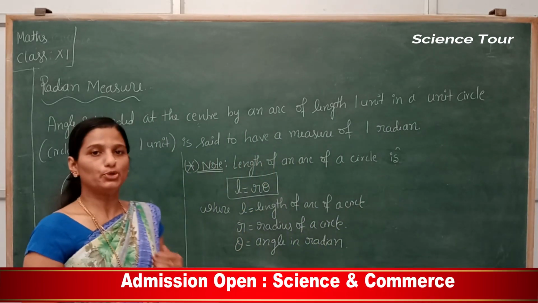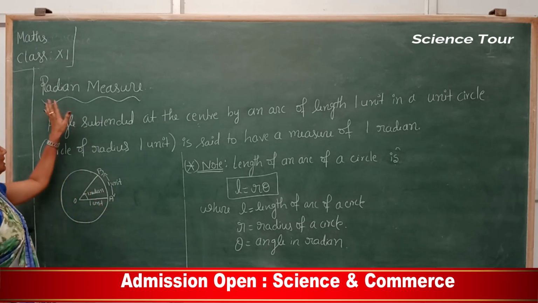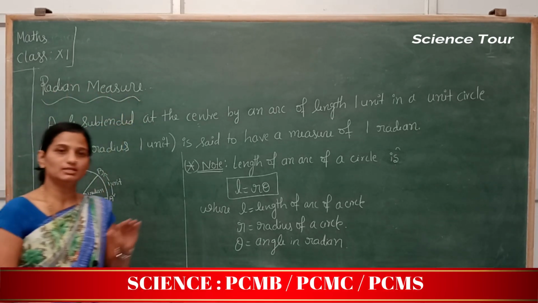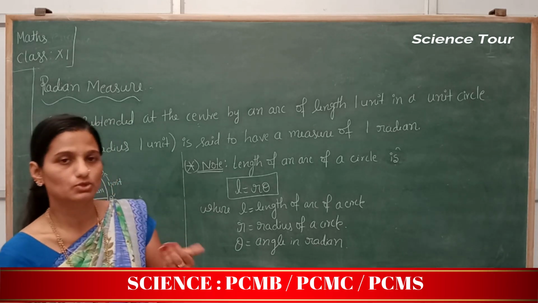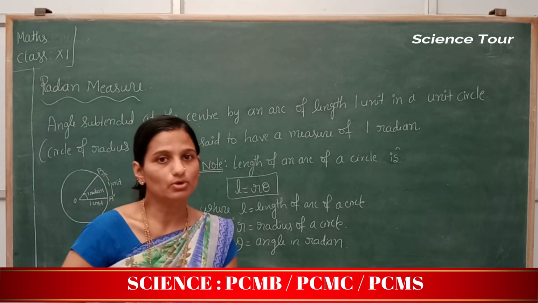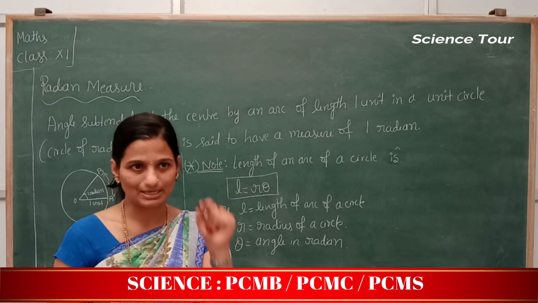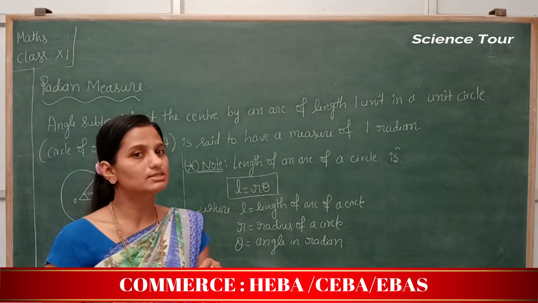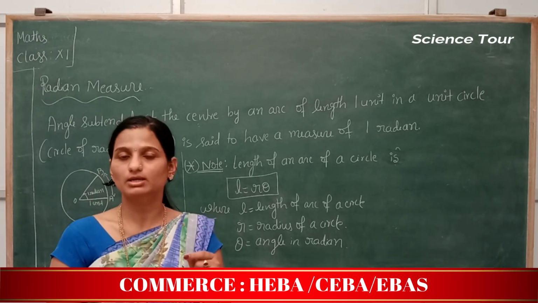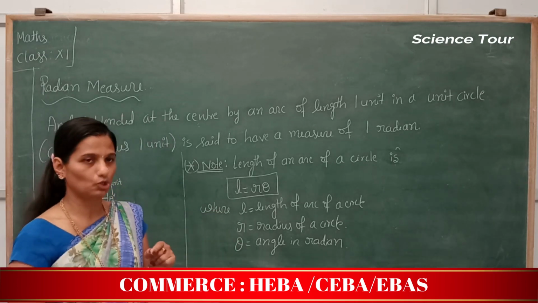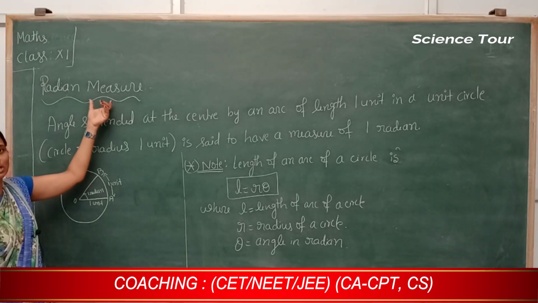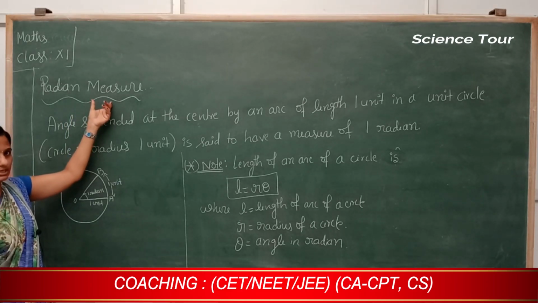Now next unit of measurement of angle is radian measurement, right? First one, degree measurement, we already discussed. Here 1 degree is equal to how many minutes? 60 minutes. 1 degree is equal to 60 minutes, and 1 minute is equal to how many seconds? 60 seconds, correct, no? So 1 degree is equal to 60 minutes, 1 minute is equal to 60 seconds. Those two points are important.